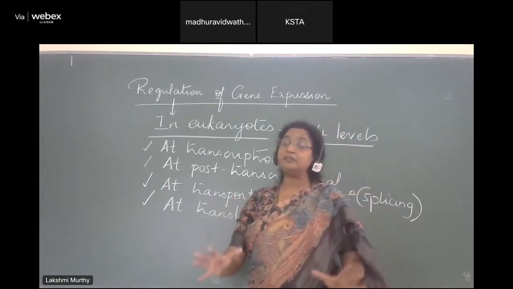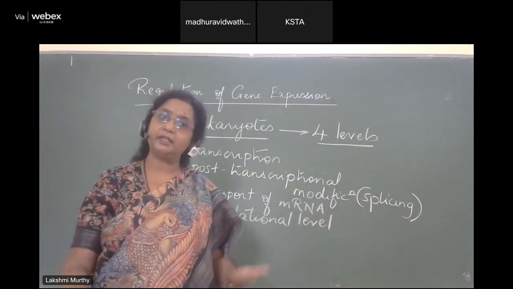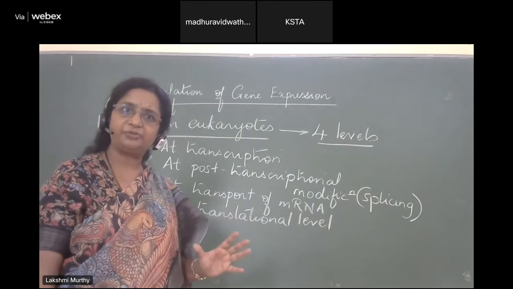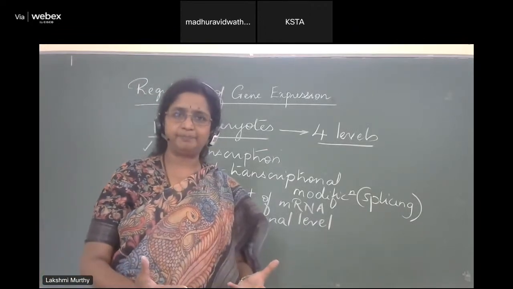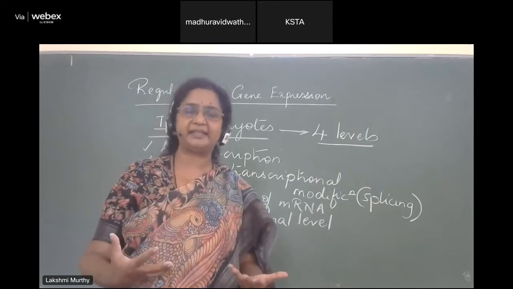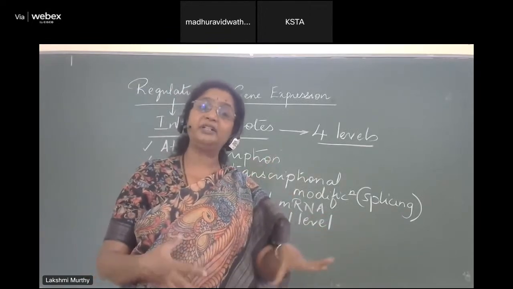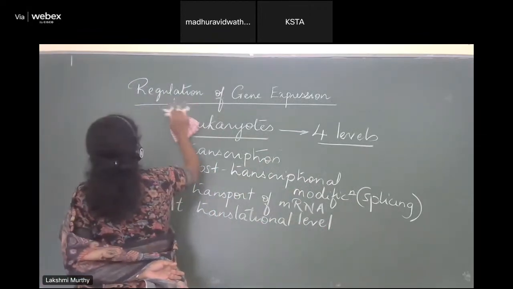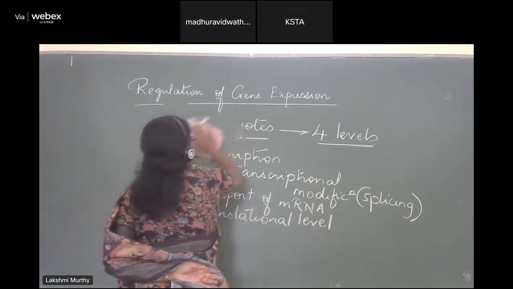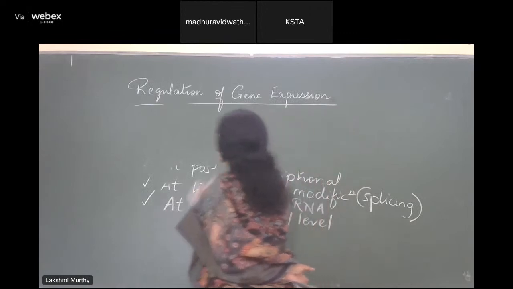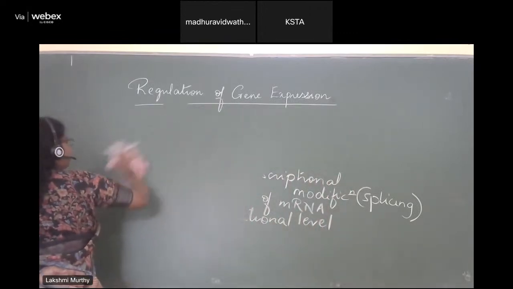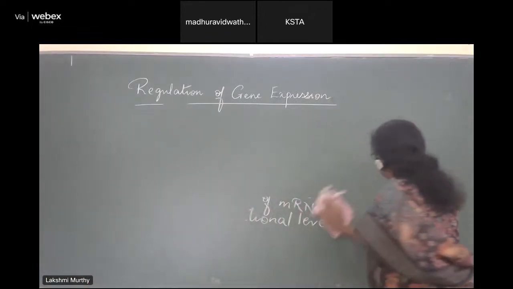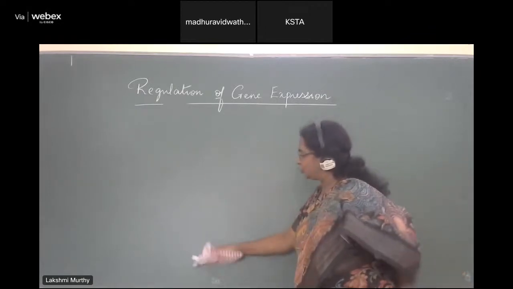I have given you considerable amount of examples for making you understand what we mean by this gene expression control in eukaryotes. Let us now shift to a simpler organism, which of course works in wondrous ways. And that is, we will now move to the world of prokaryotes. And in prokaryotes, we will try to learn about the regulation of gene expression in prokaryotes. Right? Before, by the time I erase the board, why exactly do we need to regulate genes in all the cells of a multicellular prokaryote?